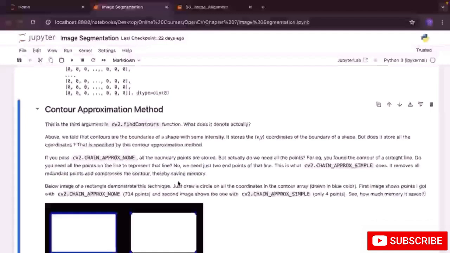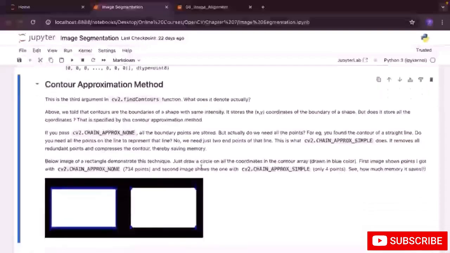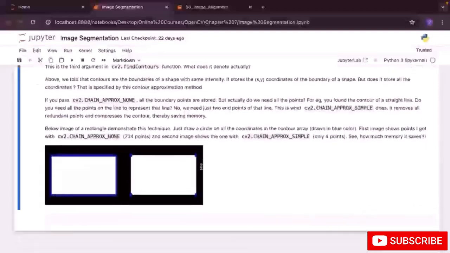But with approximation simple, you take only specific important points, so redundant points are discarded. It will give us a smaller array, and thereby save us more space. Now if we look here, we see that the first image used approx none, so it gave us all the points